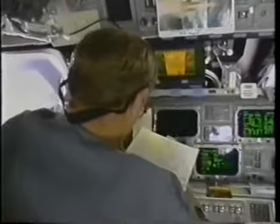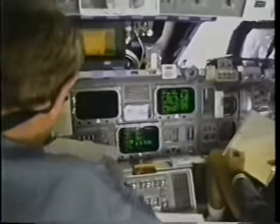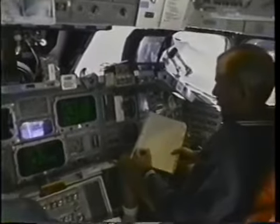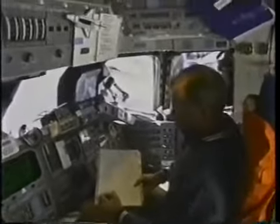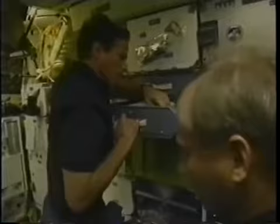Once we get on orbit, we have a lot of things we had to do, and we had a tremendous number of things to get out and get ready for our flight. Dave and Cujo were up on the flight deck reconfiguring the digital processing system and getting the orbiter ready for orbit operations, and Underdog was...